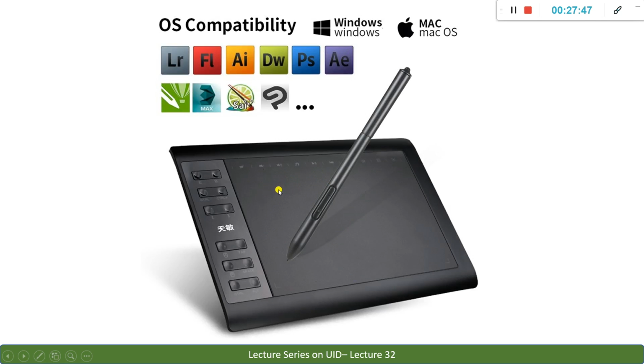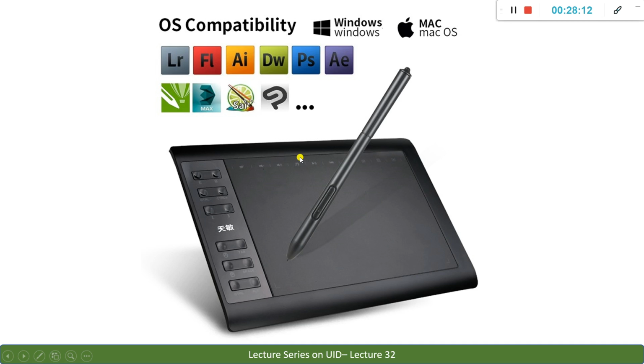At different instances you may have to have a thick line, so you can control that via the stylus pen. But if you consider your hand, you may have the same size, or you will not reach the exact point. That is not possible, correct. So there are certain disadvantages also. Okay, so this is how a graphic tablet is.